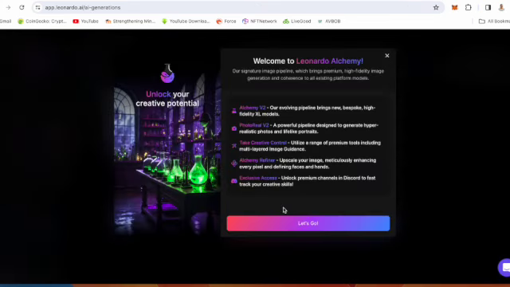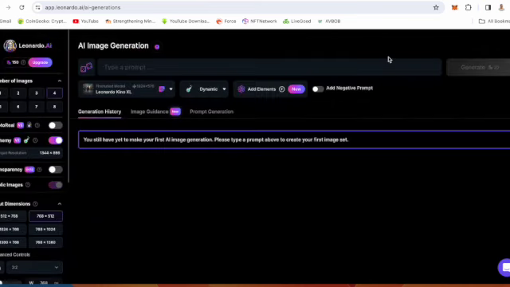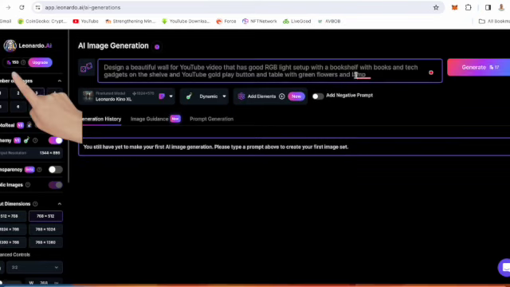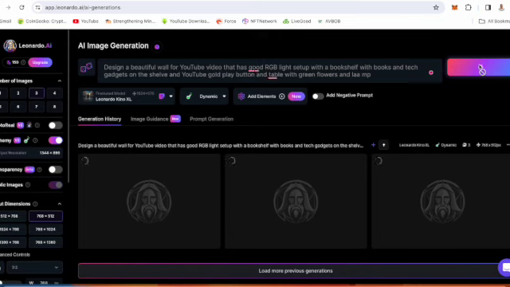So I just said stock image, and then when you get to this part, this is just for learning purposes. I just close this, and then when you see at the top, you'll see that there are credits. So these credits, every time you generate a photo, you are going to lose some of these credits. So once you don't have any credits, you are going to have to upgrade, but then we have enough to